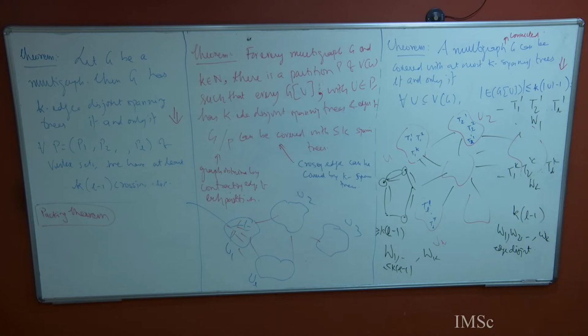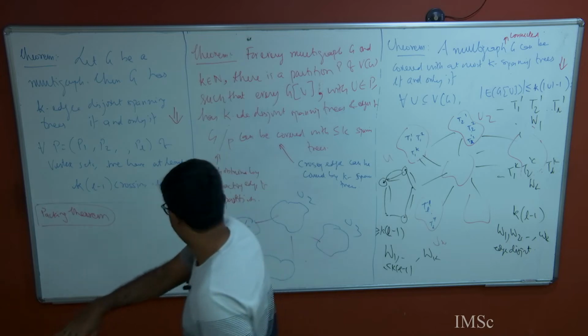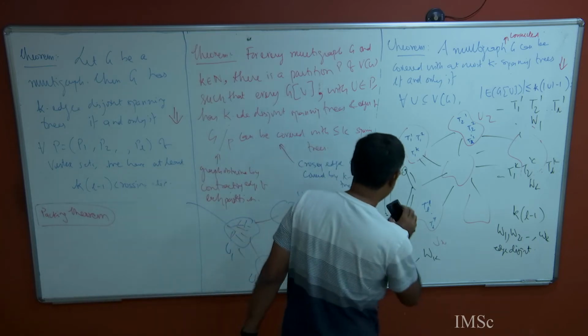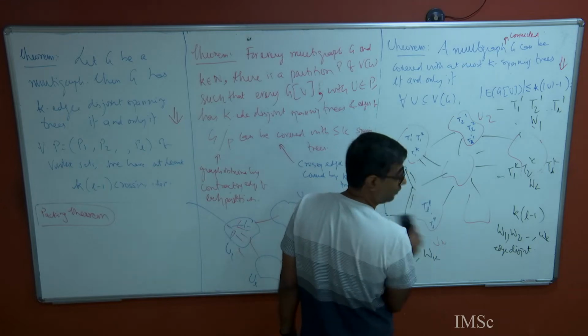Okay, if you want a formal proof for that, it's not something very difficult. You replace this with, so look at any edge in this W1 spanning tree coming from there. For every vertex, there is a vertex in your spanning tree which is connected to it, and internally they are connected. If I go into that much detail, then we will never cover these things. Okay, fine. So this is what is happening.